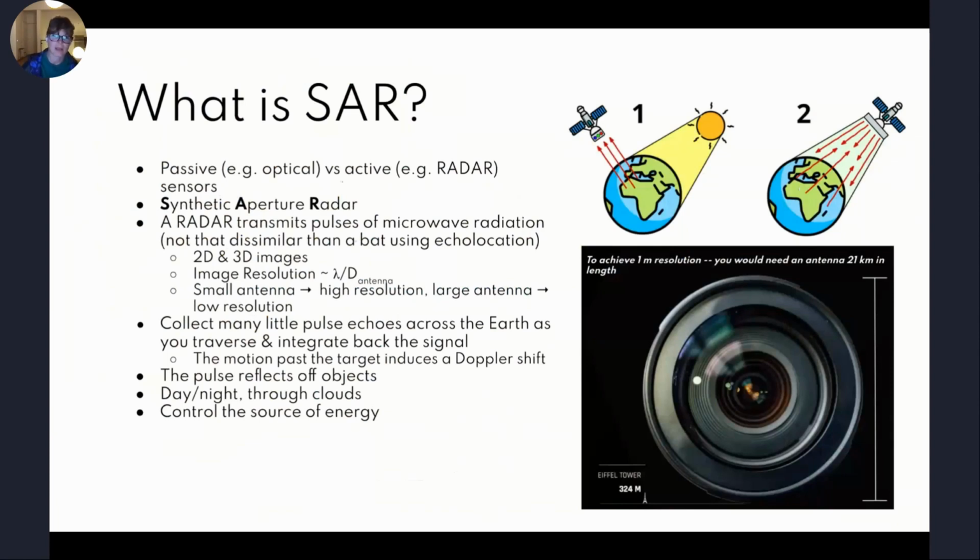So the really novel thing about synthetic aperture radar is that you can transmit a bunch of pulses and integrate over that signal as the satellite orbits Earth and collect all that information. Then you get this synthetic aperture that has collected all this signal. For ICEYE's X-band satellites, if we wanted to get one pixel mapped to one meter of resolution on the ground, you would need something like a 21-kilometer antenna. By comparison, here's the little Eiffel Tower, and that's totally unrealistic. Until technology recently modified this, it was pretty hard to do.